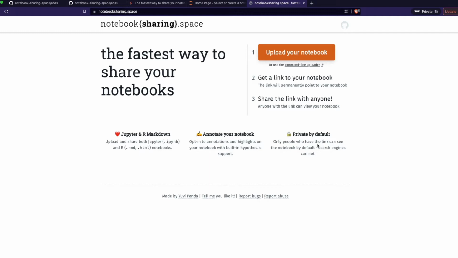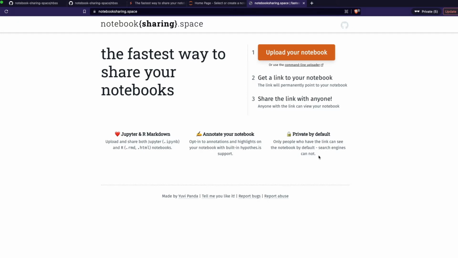But if you think this is a notebook that can help anybody in the world, you don't have anything secret there, then you can. Okay, when I say secret, it's not like the secret that we get from a token. I mean confidential. So when you think it is fine for anybody to see, you can let search engines see this notebook. But by default, search engines cannot crawl or index these notebook links. And this is an amazing solution. When you see how it works, you will be mind blown because it is so simple.